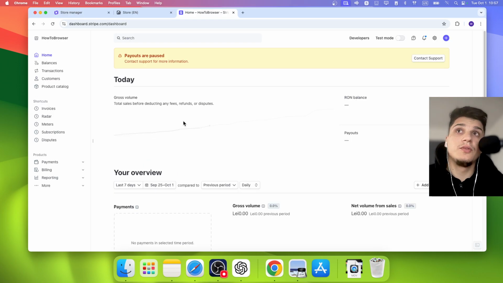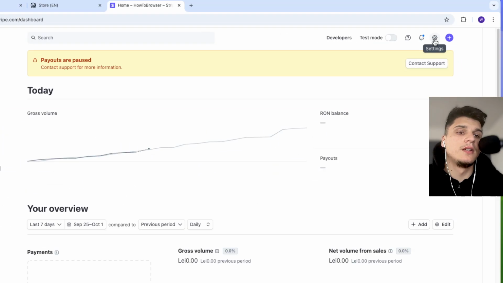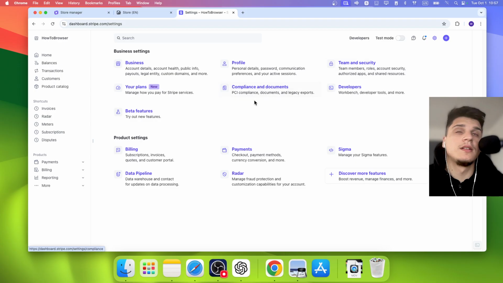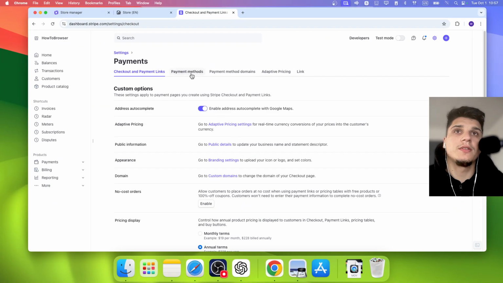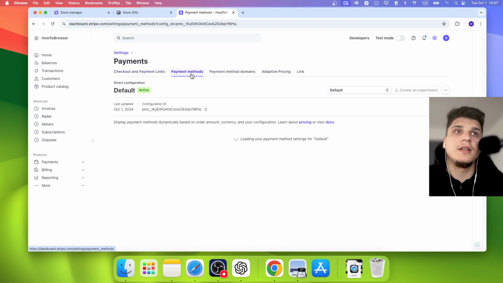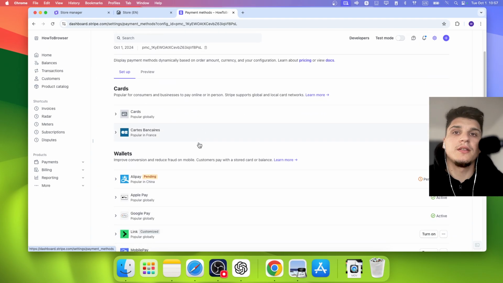After we add Stripe, we have to go to Stripe, and there we have to go to Settings. Please click on Settings, then click on Payments, and from Payments, go to Payment Method, and then from here, just add